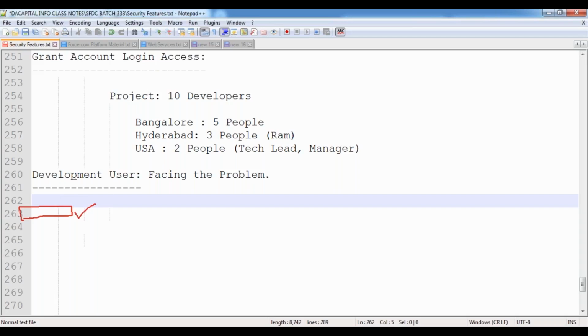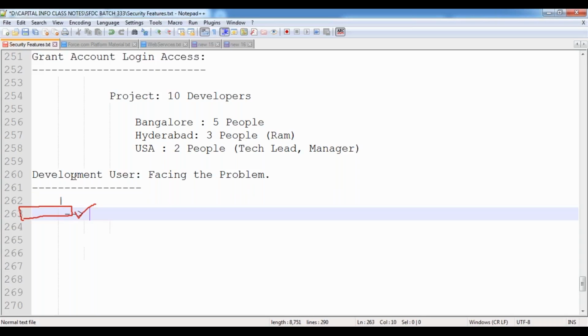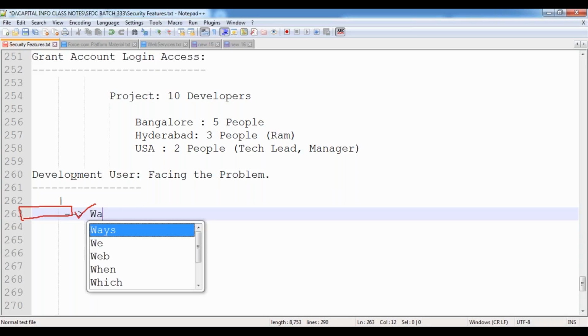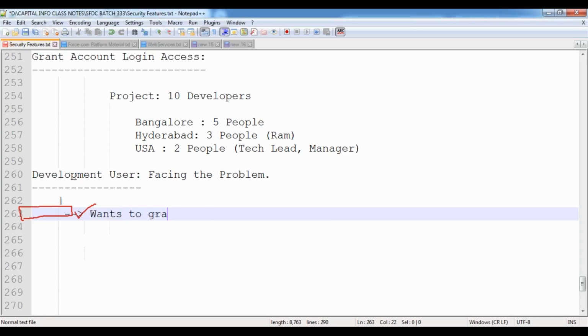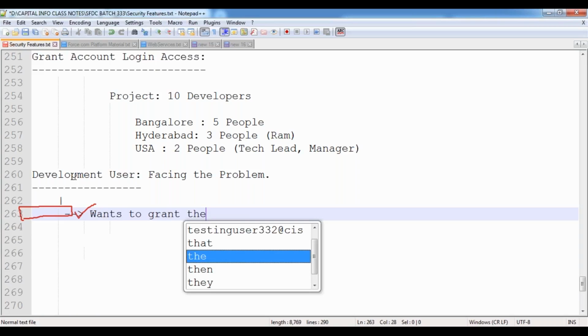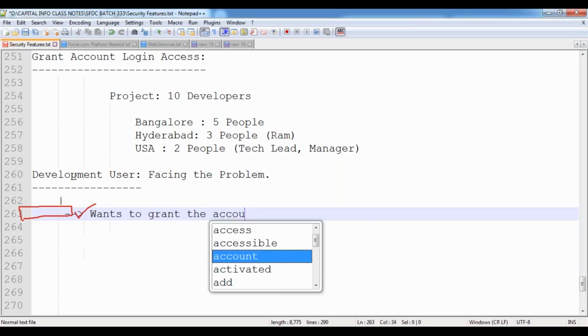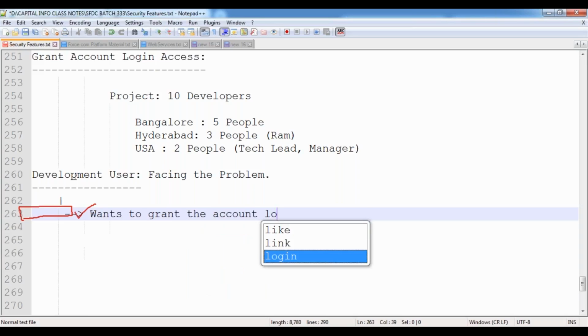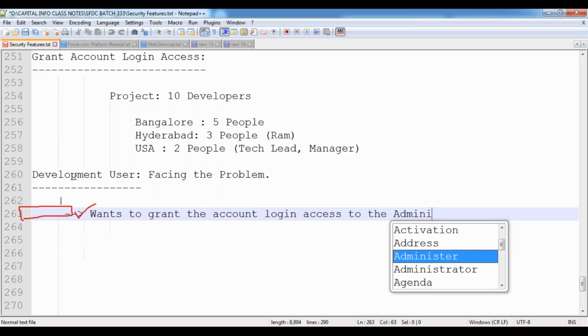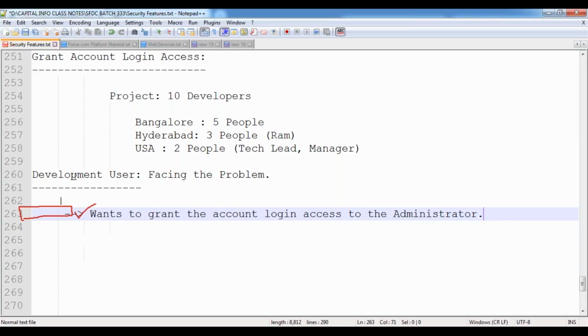How can this person grant the account login access to the administrator? Now let's verify this case.